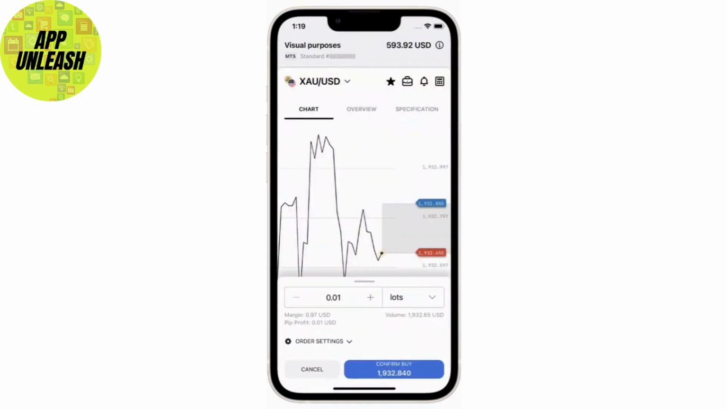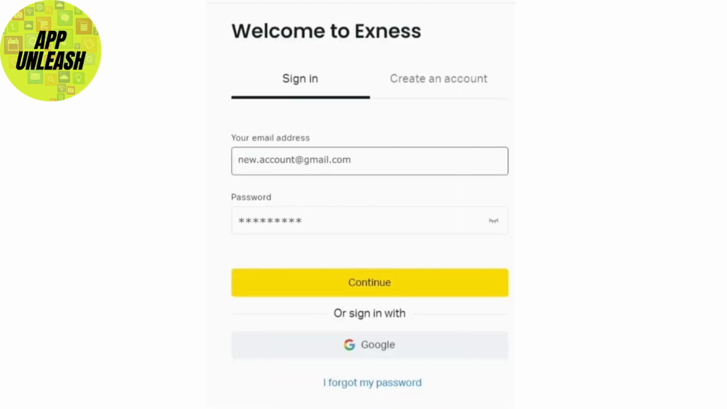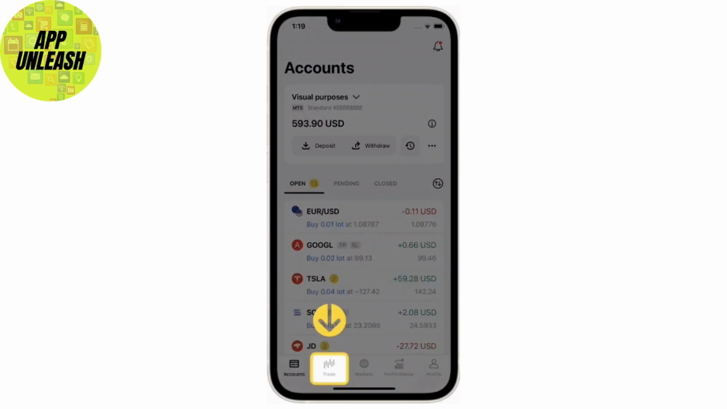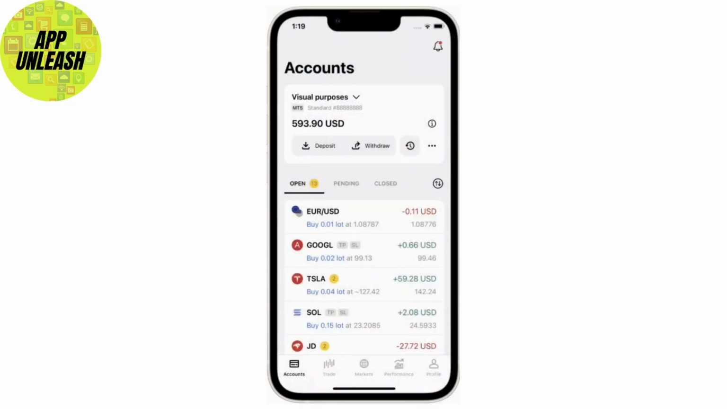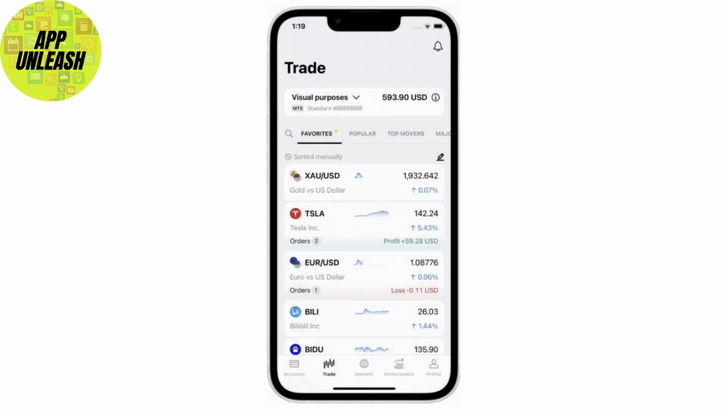First things first, you need to log into your Exness account and sign into your account using your credentials. Once you're logged in, you'll be redirected to your Exness dashboard where you can manage your account settings and more. To delete your account, you need to go to your account profile and click on the support or help center option